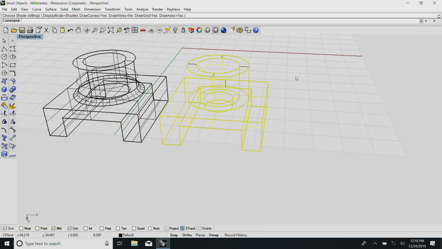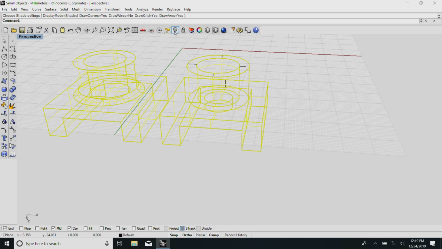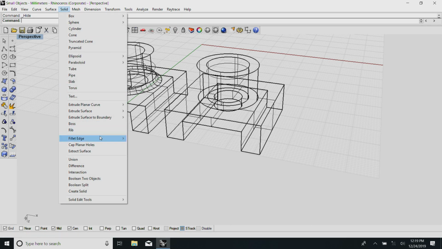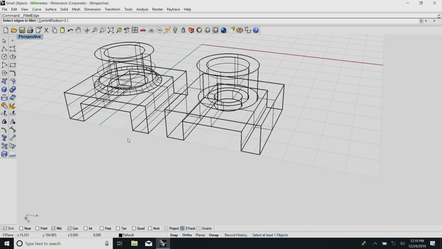Now, to make the thing a little more presentable, I will fillet all the edges such that as part of the rendering